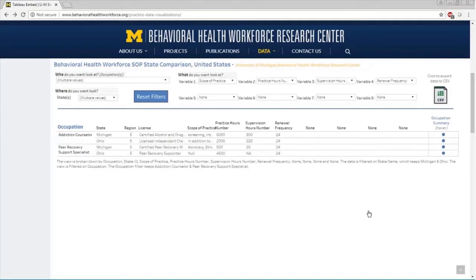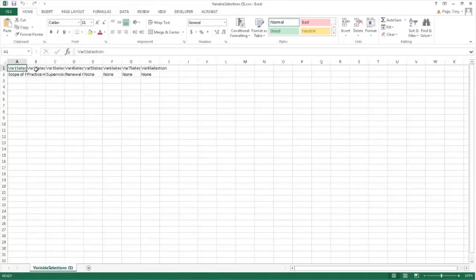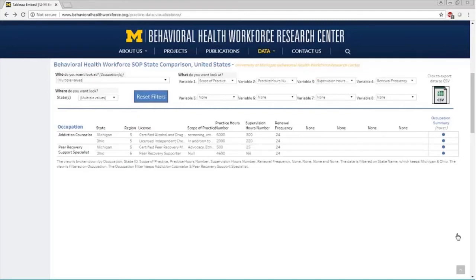Simple click. And this is where things get a little silly, unfortunately. Remember, Tableau is very good, but sometimes, just sometimes, it doesn't do exactly what we want. So when you're using the comparison tool, it's going to output 2 tables, not just one. The first table, second table, is only going to have the variable names. So what you want to do is highlight the row of variable names, copy it.